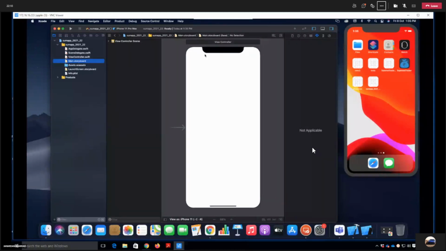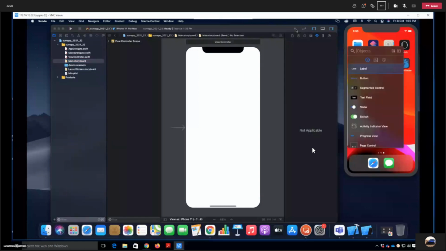So how to add the buttons and every other control is by just clicking on this plus button. You can find here on the top corner the object library button, that is plus. You just need to click on this button and then you will find the different controls. So I'm selecting the text field for now. Just drag and drop the text field.